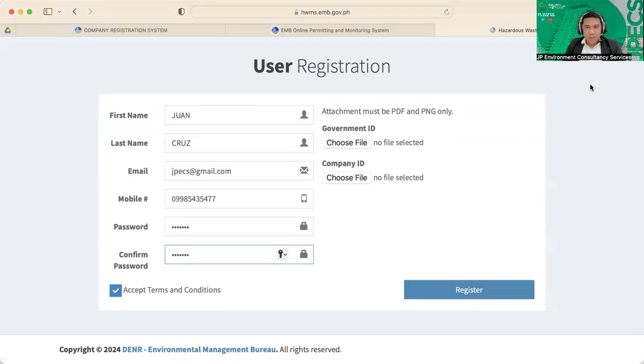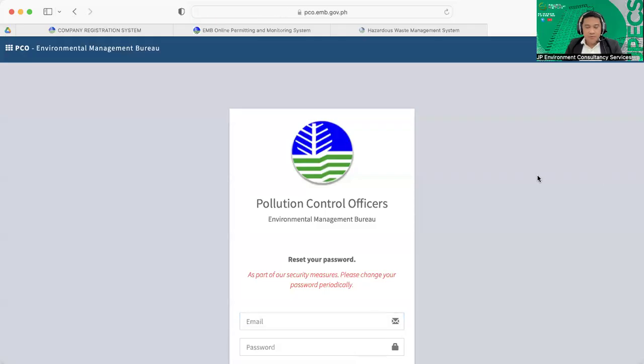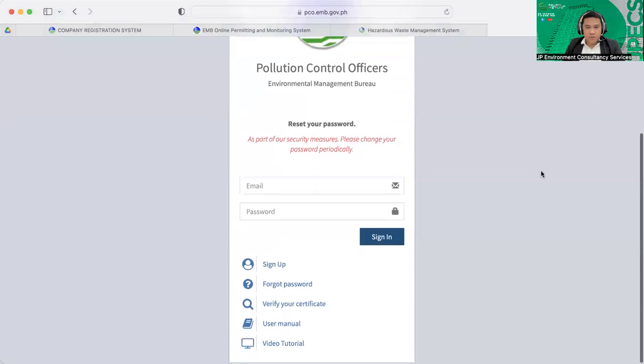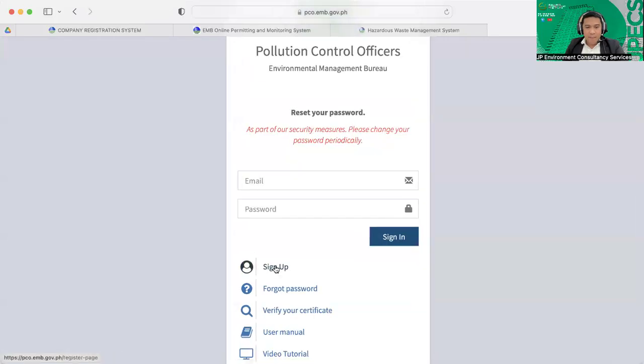And finally, we shall create an account to the PCO accreditation system for the application for accreditation as pollution control officer. So to create an account in the PCO online accreditation system, we just click sign up.